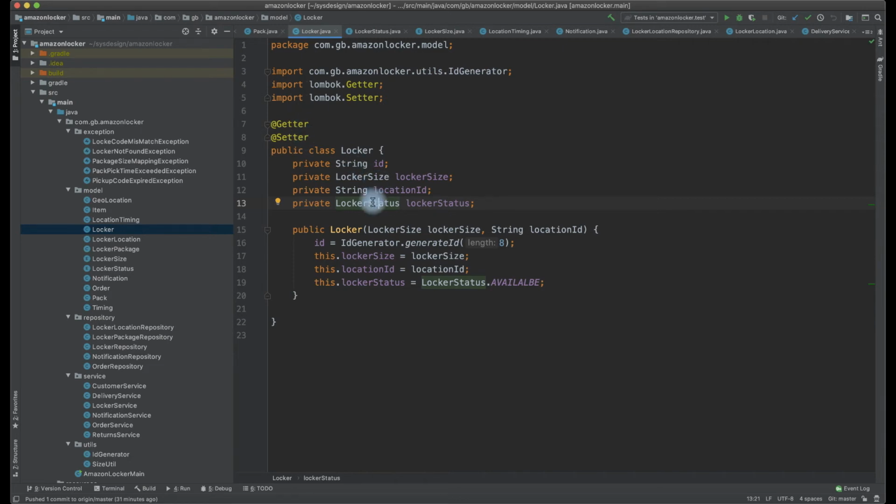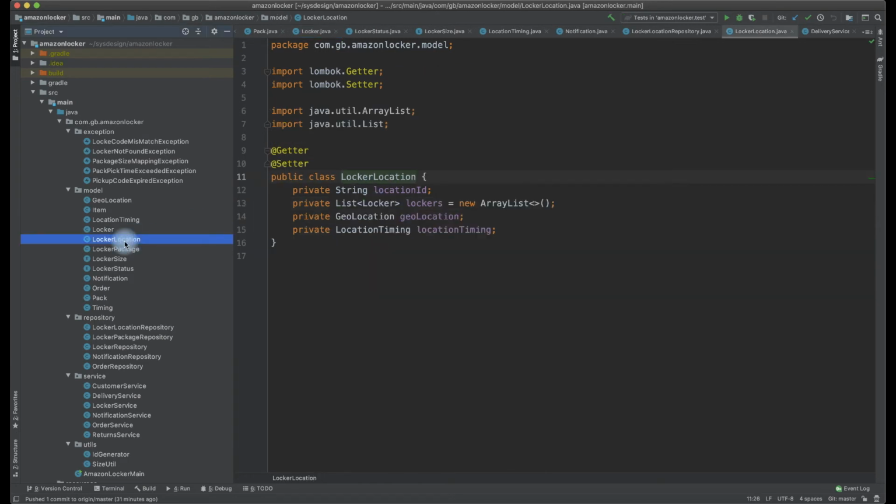Next, the locker is kept in a place which is called a location. A locker cannot be everywhere, so it should be kept in a location. Let us look into a class called LockerLocation. It can be like a store or something, so I've just come up with the class name LockerLocation. Since the locker is kept in a location, we have something called location ID. Every entity will have an ID. A location may contain more than one locker, so we model that a LockerLocation has lockers. It is a has-a relationship that we are maintaining here.